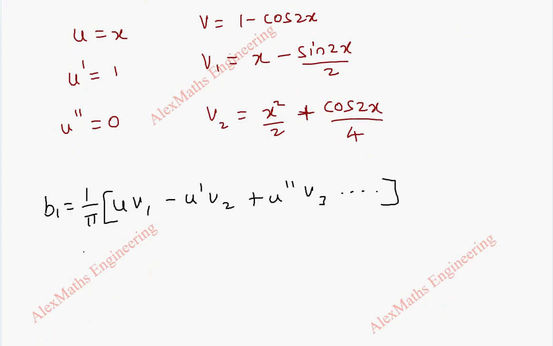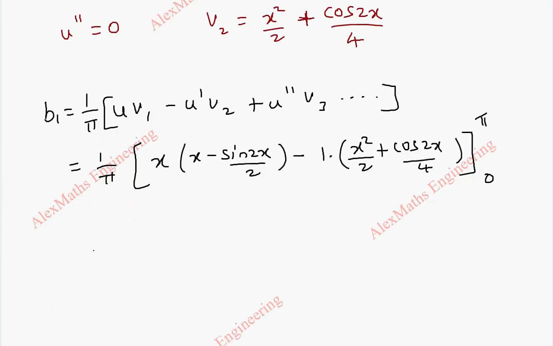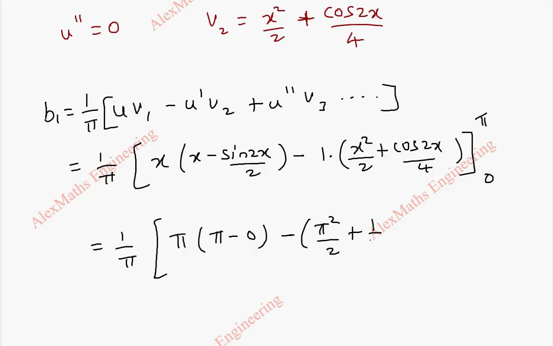So 1 by pi, u is x, v1 is x minus sine 2x by 2, minus u dash is 1, v2 is x square by 2 plus cos 2x by 4, and for v3, u double dash is 0, so we can stop here and apply the limit 0 to pi. When I substitute pi, this becomes pi into pi minus 0, because sine 2 pi is 0, minus pi square by 2